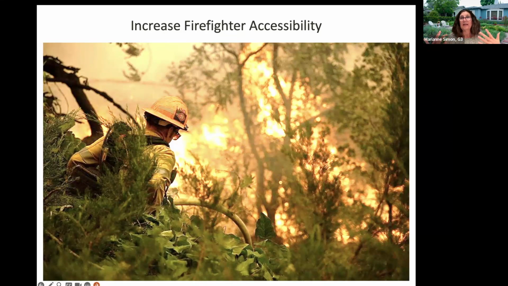And so basically they created a barrier for the firefighters to be able to reach their homes from a different direction. Or if the fire is making its way towards the front door and you need to access via the back door, all of a sudden there is no easy way out. So just thinking about it as you're looking at your property, if I needed to make a dash for it, how can I get out?